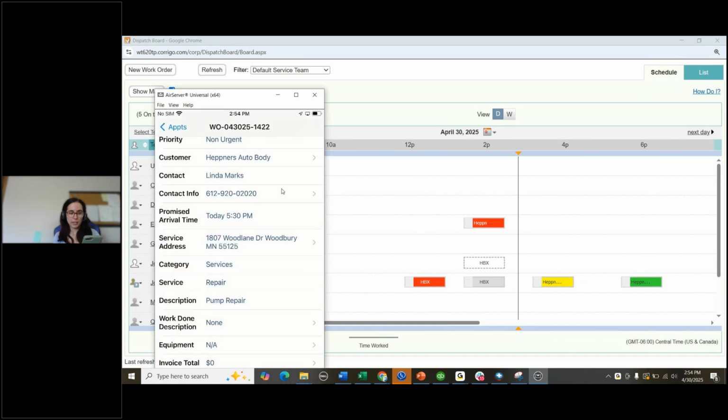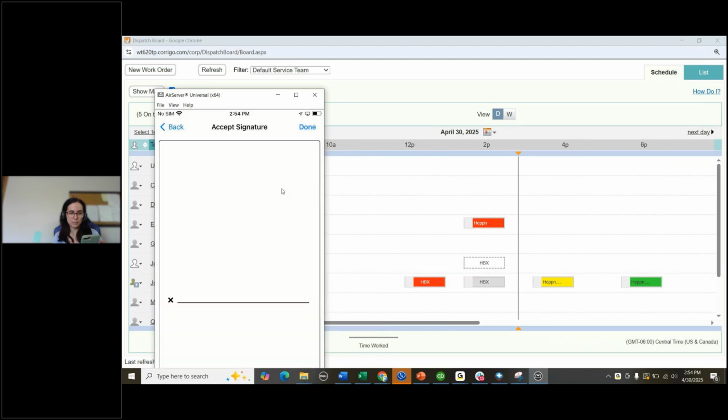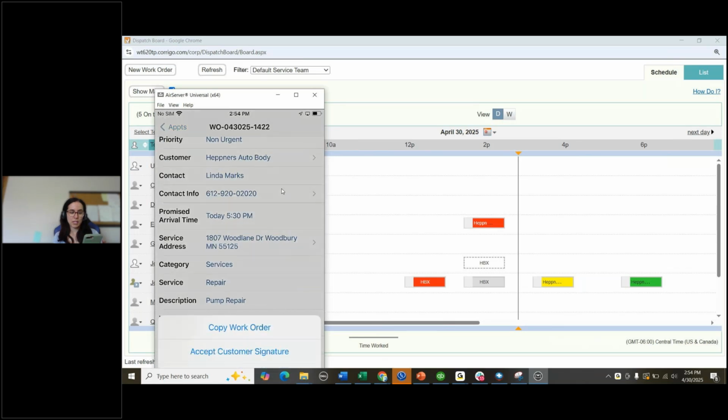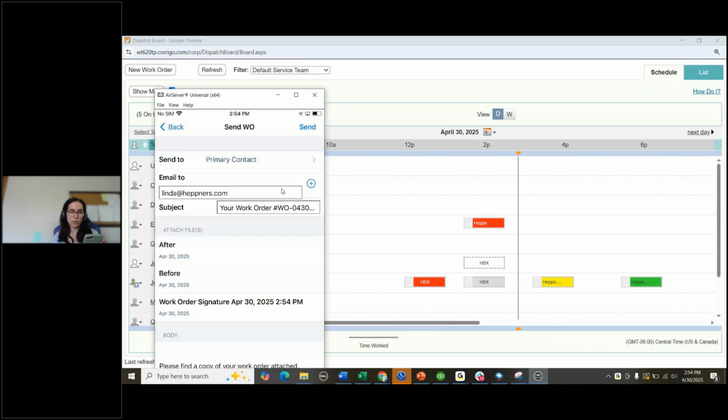Okay, and I'm going to go ahead and get a signature. And you can email off the copy of that work order along with those photos and signatures directly to the